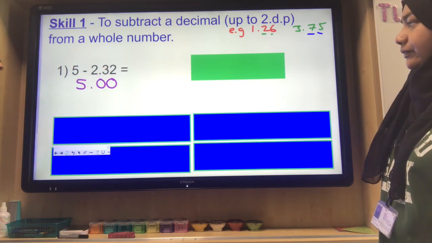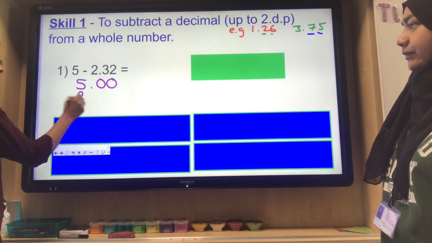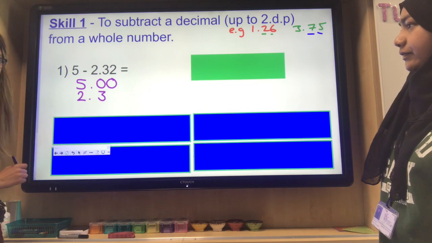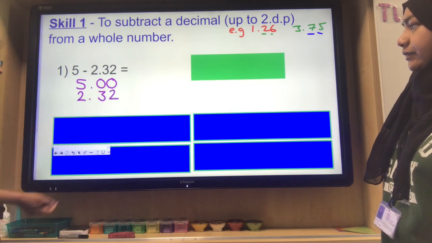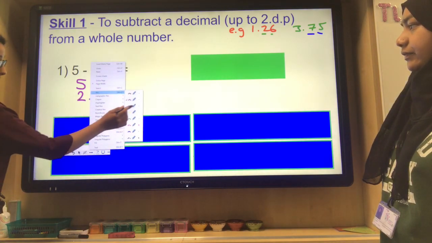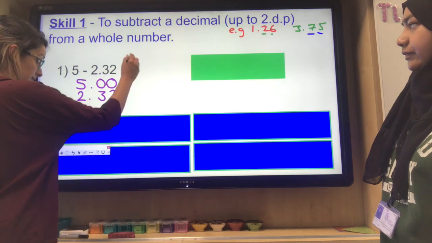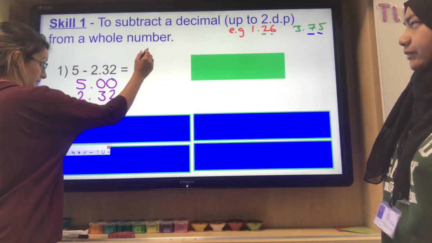Now that 2 must go under the 5 because that's the ones column. The 3 is in the tenths column and the 2 is in the hundredths column. Sometimes we will see a pupil write it like this. They might have,